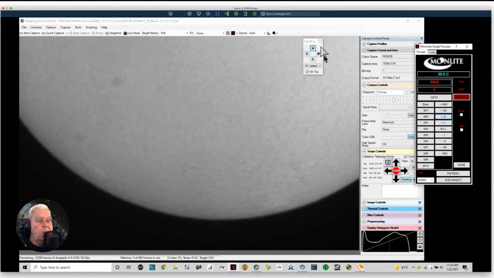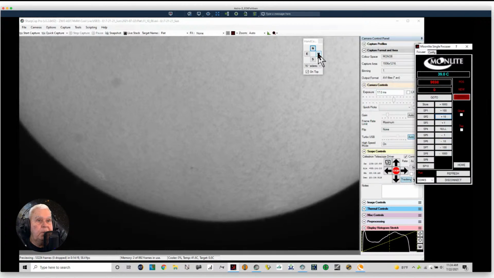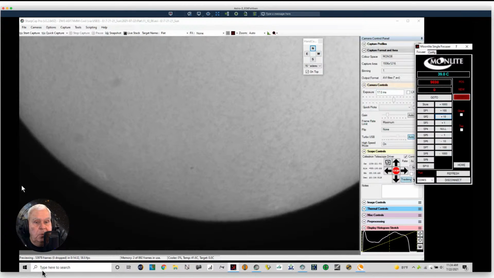But before we start doing anything, let's move around the sun and check the surface and the rim to see first if we have any noteworthy sunspots. Then we'll check the rim and see if there are noteworthy prominences. Before I do that, I'm going to go to